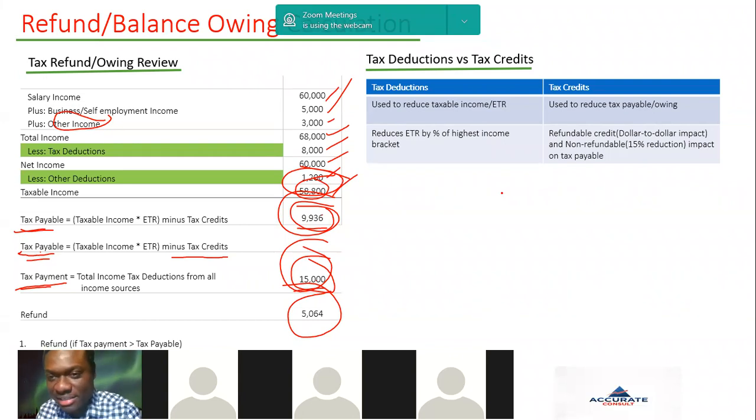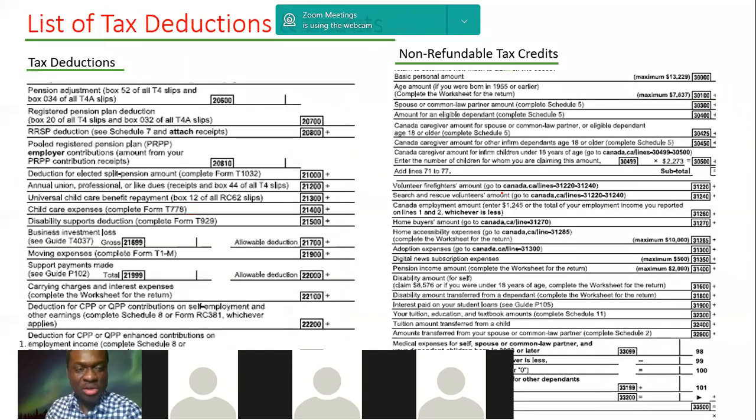So the best thing is, let's try to report what is right. And there are legitimate ways we can reduce our taxes, which we're going to see during the course of this instruction. Now, this slide is for those who are first-time filers, people that maybe landed in Canada in 2021,